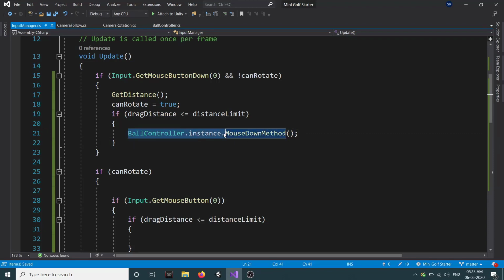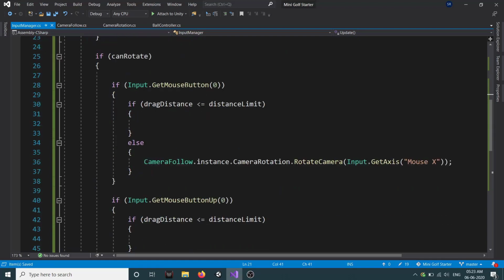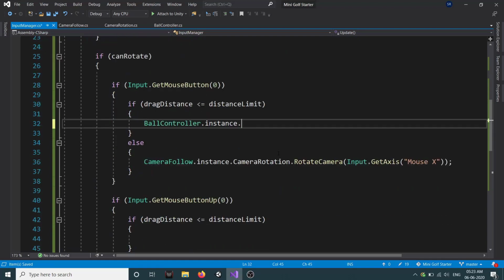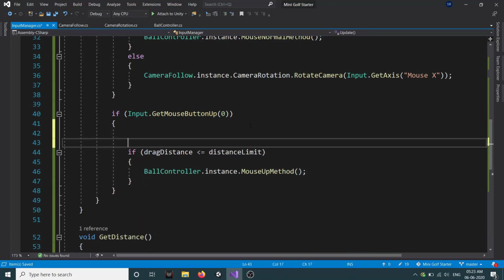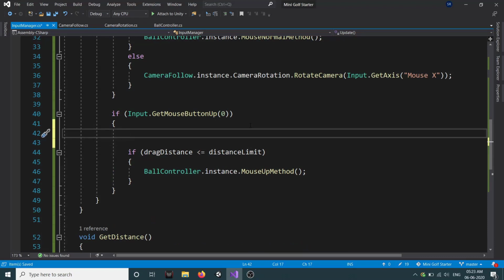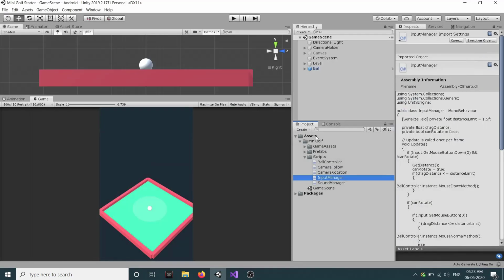So I will just copy this, and in this get mouse button method we'll call our mouse normal method, and in up we'll call our mouse up method. And one more thing, once we release our mouse click, we set our can rotate equal to false. Let's go back to our editor and see how it is working.